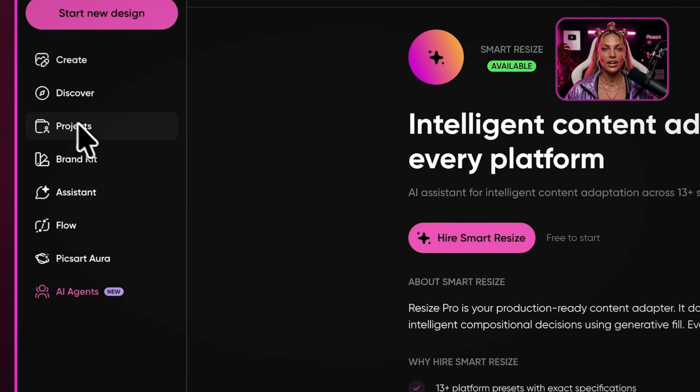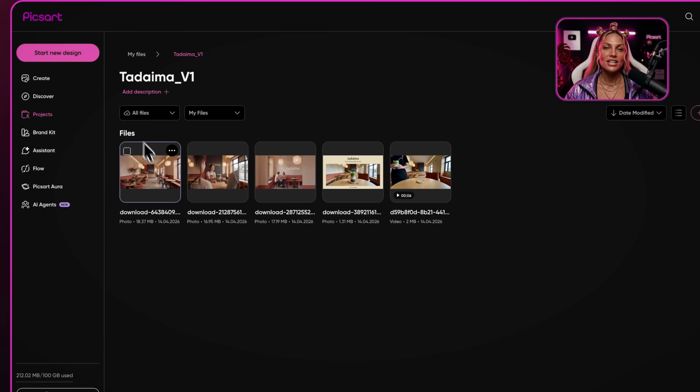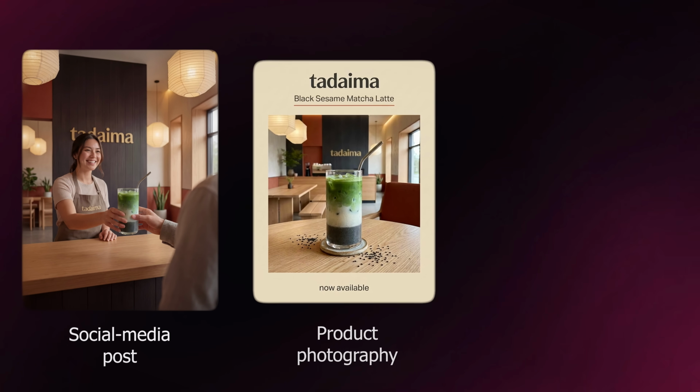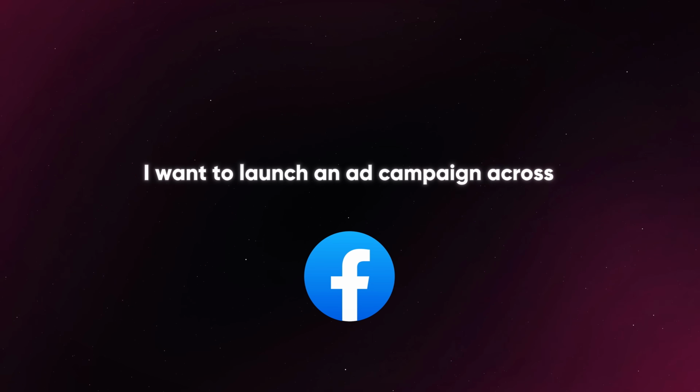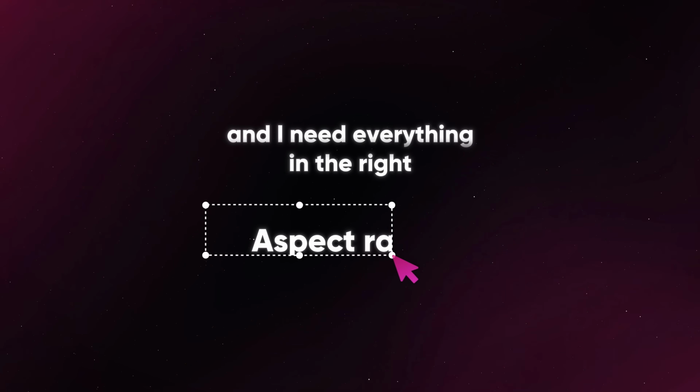Head to your projects folder and open the folder you want to work with. For today's example, I'm using a batch of assets for Tadema, a Japanese-American cafe brand. We've got social media posts, product photography, and a video. I want to launch an ad campaign across Facebook, Instagram, and TikTok, and I need everything in the right aspect